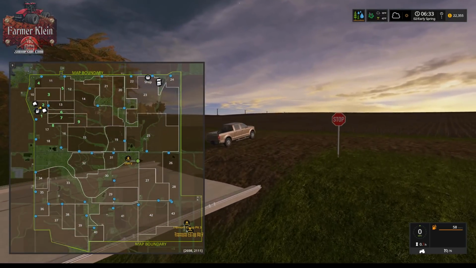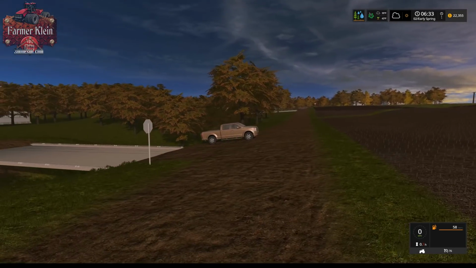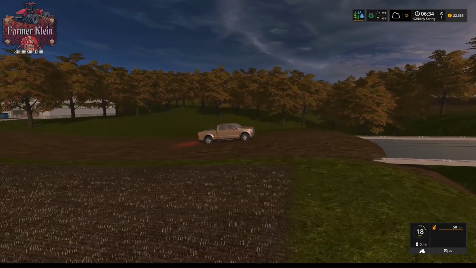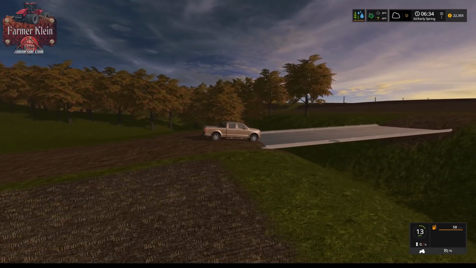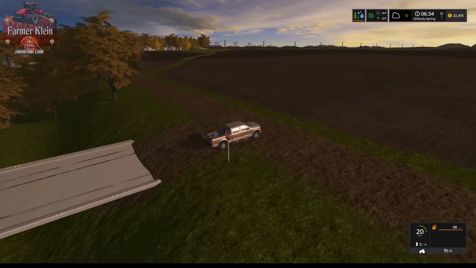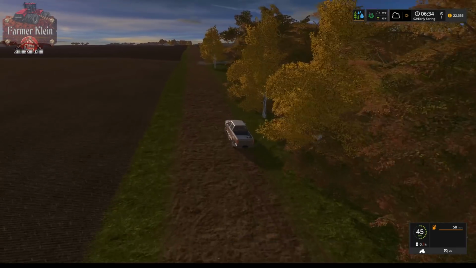Another thing, it would be nice if the bridge was raised a little bit so there wasn't such a giant bump here. Now obviously the plan would be to come through here slow and gentle with your truck or your tractor or anything, but still, some pretty big bumps. Alright,